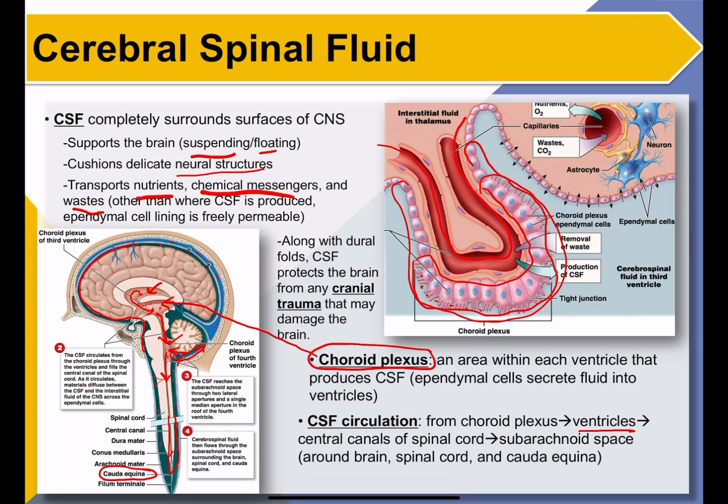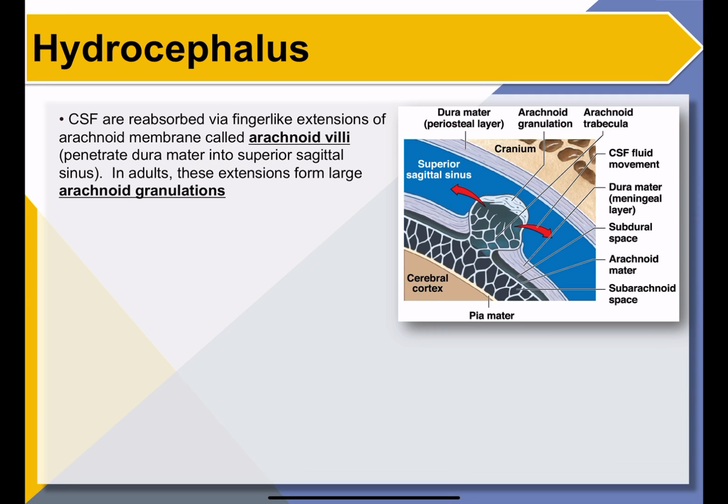So cerebrospinal fluid is doing multiple critical things for our nervous system. Now, just like how a fountain has a place for recirculation or drainage of the fluid, so does the brain. Once the cerebrospinal fluid has traveled through the entire central nervous system, it can be reabsorbed via these structures here called the arachnoid villi or arachnoid granulations. They mean the same thing, okay? But they are these